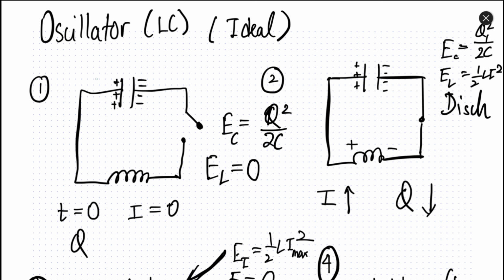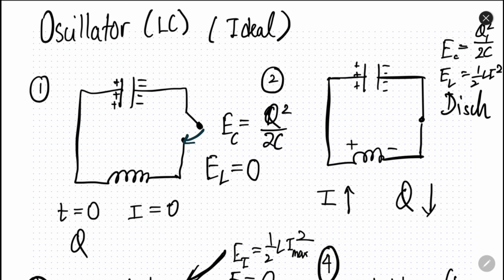So let's say we have a device in which we have an inductor and a capacitor. This is the capacitor, this is the inductor. Let's say initially the capacitor is charged, and in the initial situation the switch is open, so nothing is happening. Now at time t equal to 0, current is 0 and the complete energy is in the capacitor, q square by 2c, and the energy in the inductor is 0.